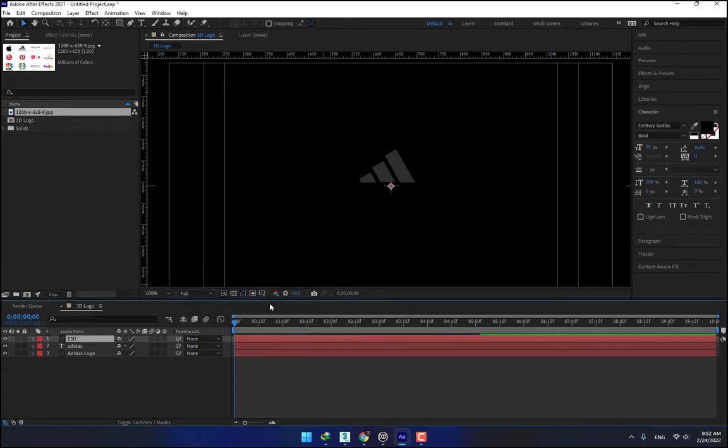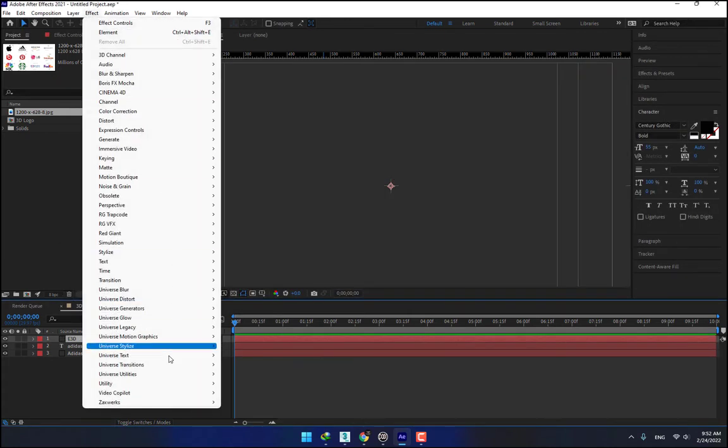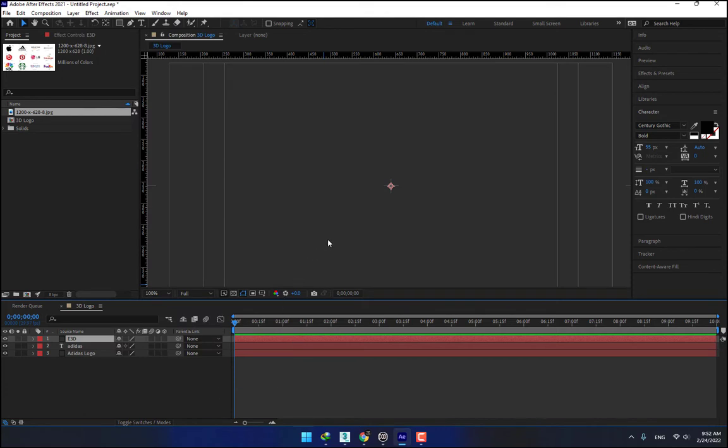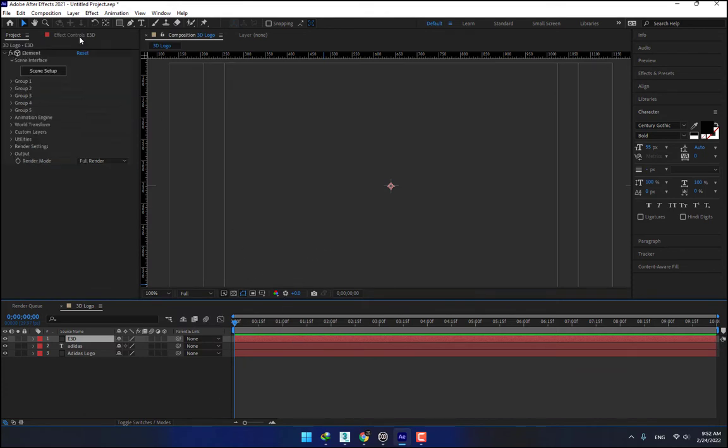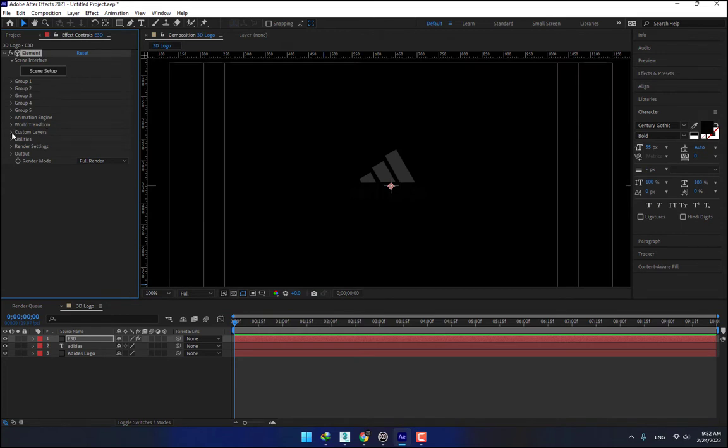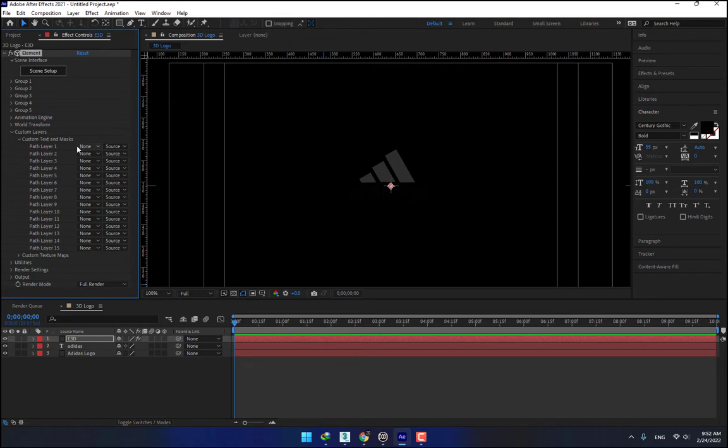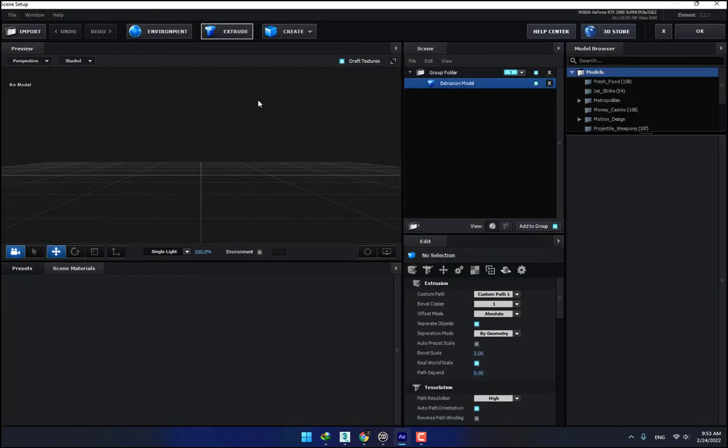Element 3D. Press enter, go to effects, Video Copilot, Element, and go to effect controls, then custom layers. There you must select the path layer 1 Adidas logo and the path layer 2 Adidas. And now go back to scene setup and press extrude,